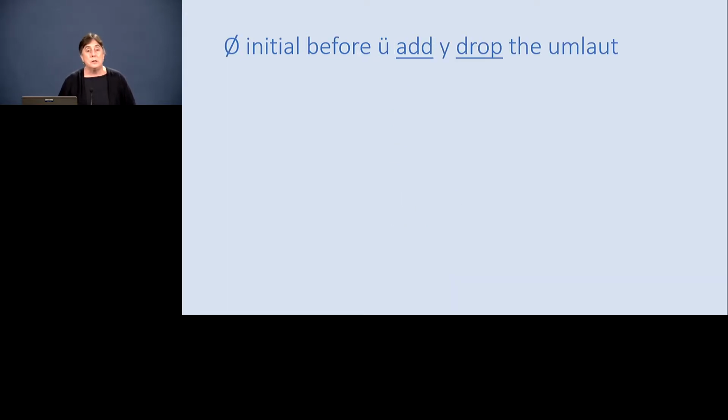When we have a zero initial before a ü sound, that umlaut U sound, we're going to add a Y and keep the U, but drop the umlaut, drop the two dots. So if we have ü, what we will write is YU. So that Y is representing that I sound, right? So ü, we write YU, yu. You have yuan, right? Yuan. We're going to write it